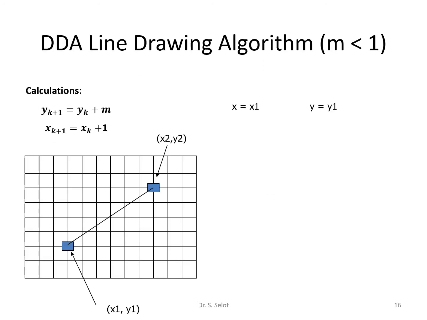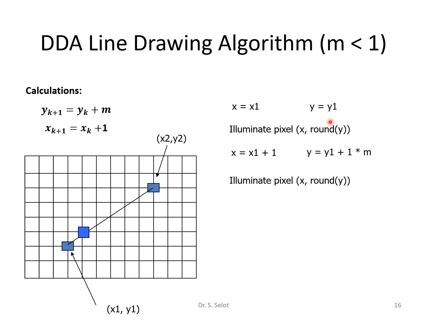Again, let us see a demo of these calculations. This is for the lines with the slope less than 1. We use this calculation. The first point is initialized by x1 and y1. That is plotted onto the screen, and then in the loop the first point is plotted onto the screen. Then we increment the value of x by 1 and increment the value of y by m. And the new points are obtained, which definitely gives a float value. Hence, we need to use a round function, which will round the value of y to the nearest integer. Then we have two integers which can be plotted onto the screen.